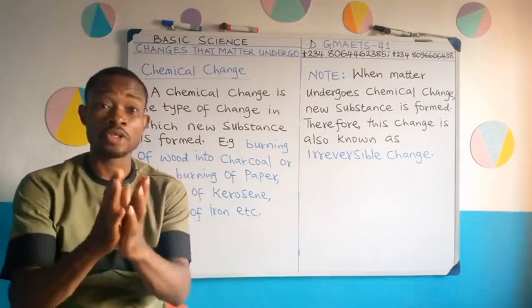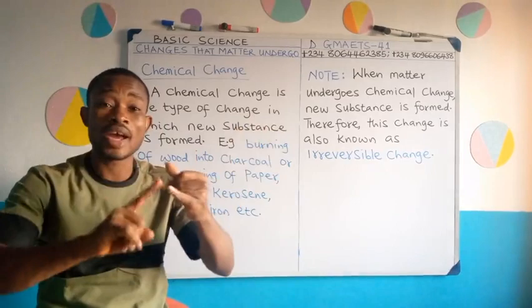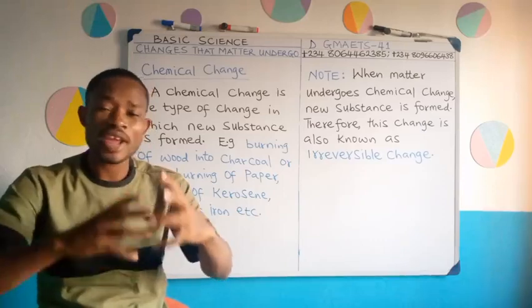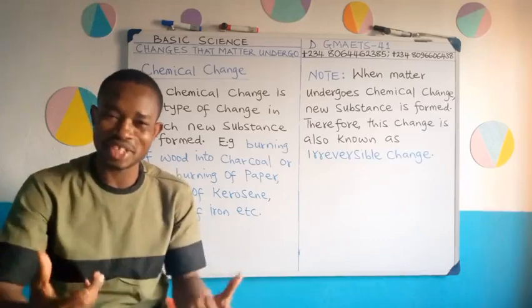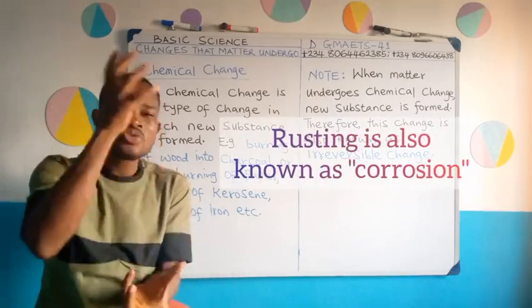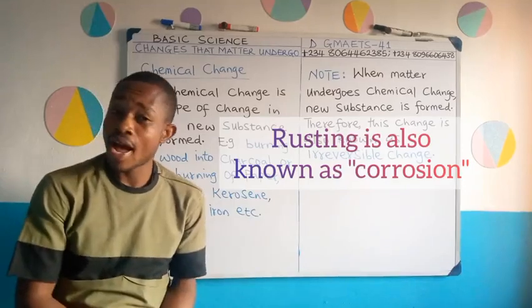What is happening there is a chemical change. Anytime you have iron and that iron is exposed to air and water, are you following, right? Air and water, a reaction takes place. We call it chemical change. So that rusting of iron, you cannot change it back to the original iron that you had before.